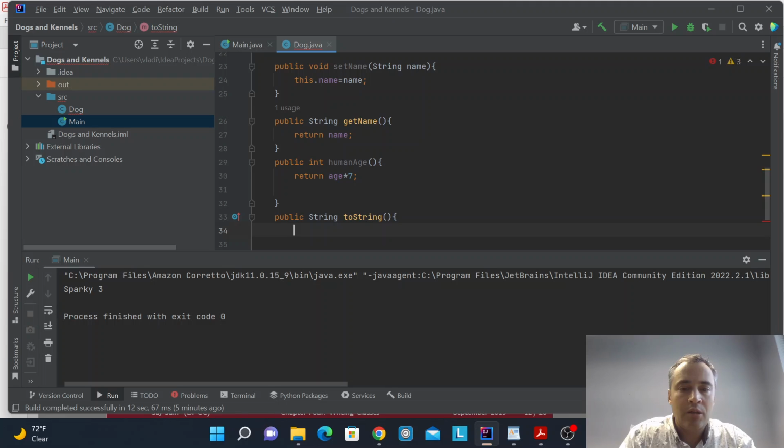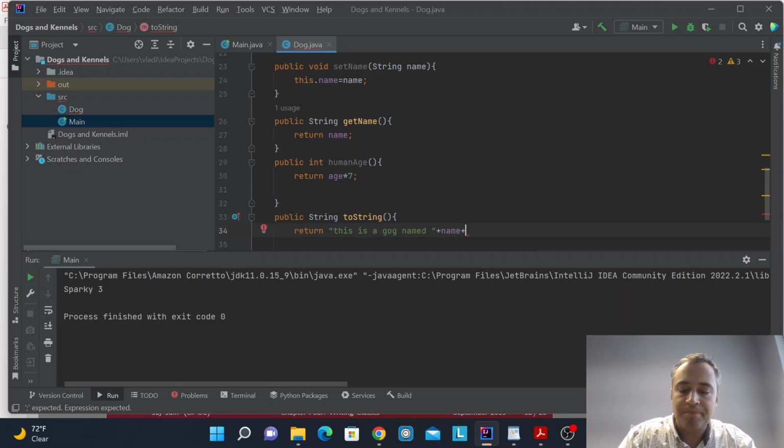So toString will return: this is a dog named name. Since we are inside the class, we are allowed to reference this.name as just name,